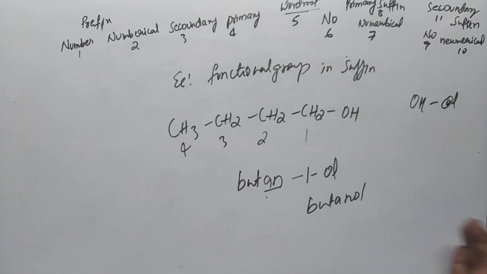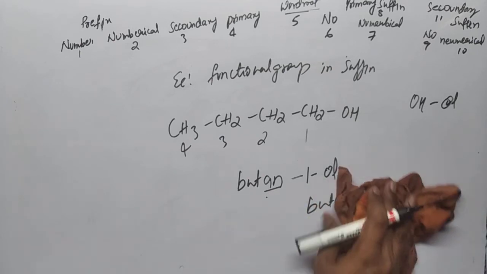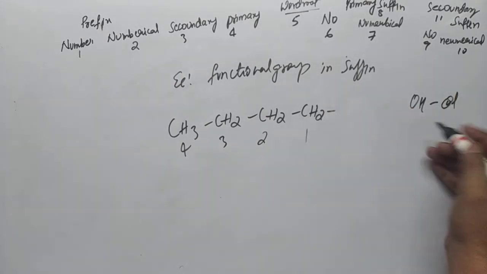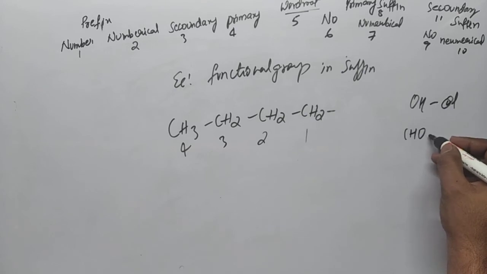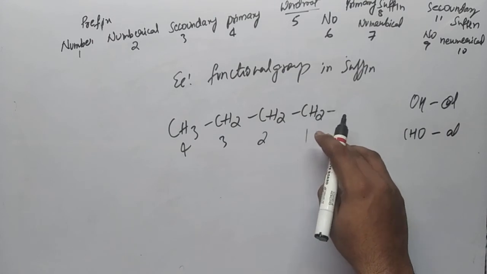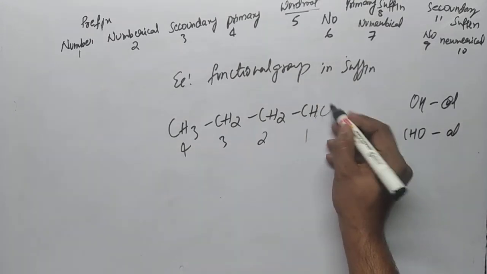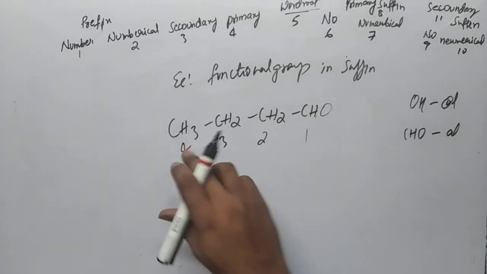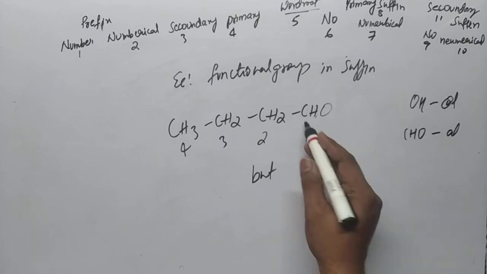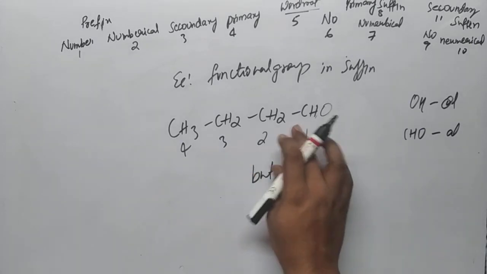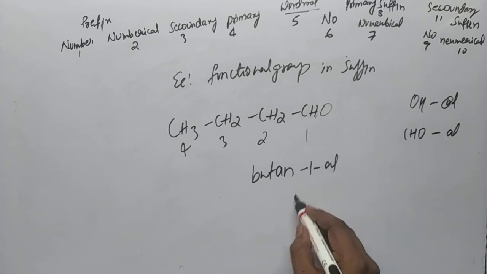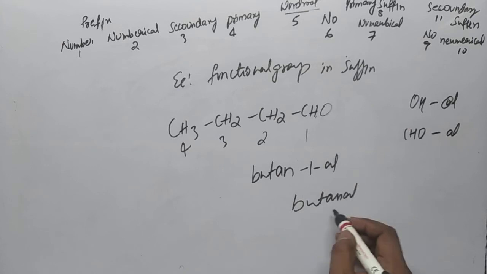You can directly write butanol or butan-1-ol. Suppose instead of this alcohol, I take an aldehyde. For aldehyde, the suffix we write is AL. So when you take an aldehyde here, you will be having CHO. I told you whenever you have a functional group, you have to give the least number to it. So the first carbon, second carbon, third carbon, fourth carbon. So this is but, all are single bond, primary suffix is AN and secondary suffix is 1-AL, or you can also write butanal.